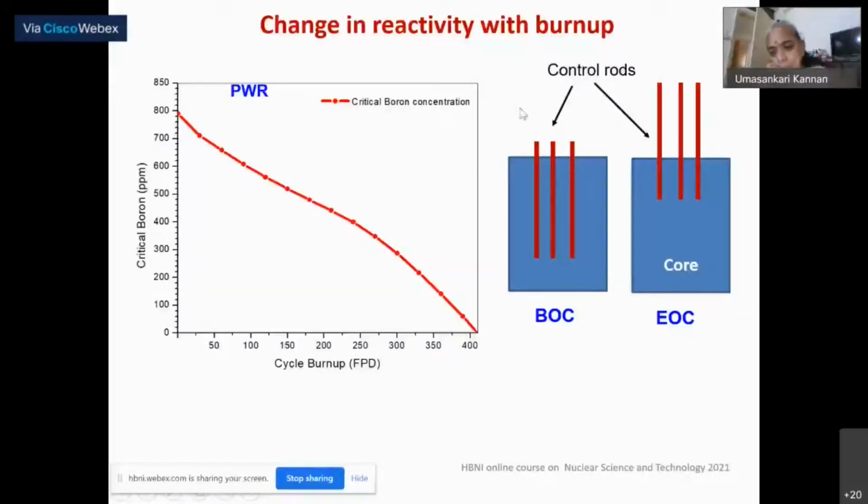I have tried to show things pictorially here. This is the beginning of cycle, BOC means beginning of cycle. This is a typical schematic of a reactor. The control rods are well inside the core, balancing the production mechanisms, whereas this is the absorber, and this absorption is balanced by the production. Whereas at the end of life, the control rods have to be moved out to compensate for the loss in reactivity. So this is what I meant by movement of control rods. It can be done in different ways. Here it is done with boron, here it is done by the control absorber. So there are different ways in which to achieve the balance in the reactivity.